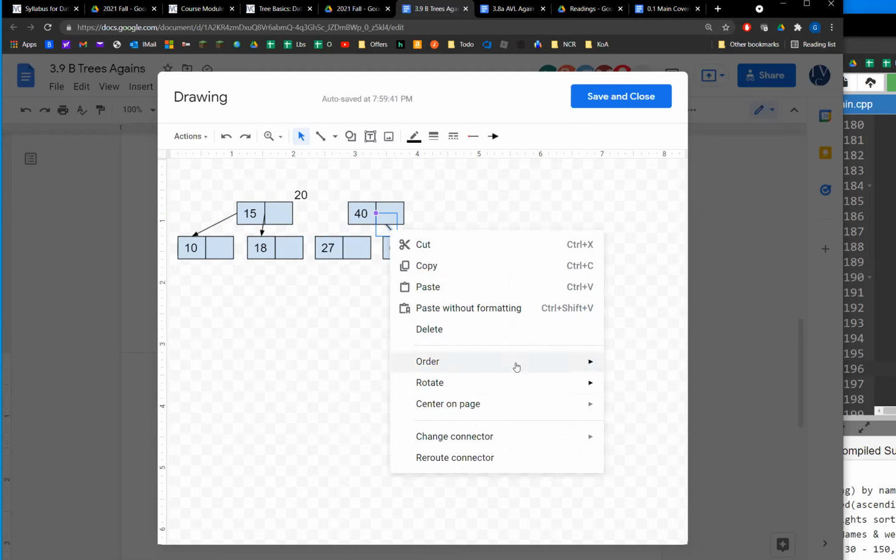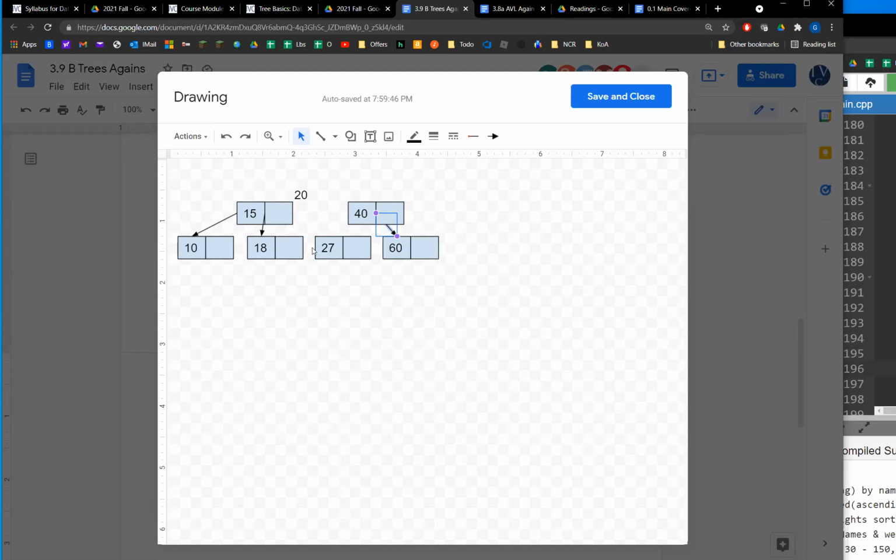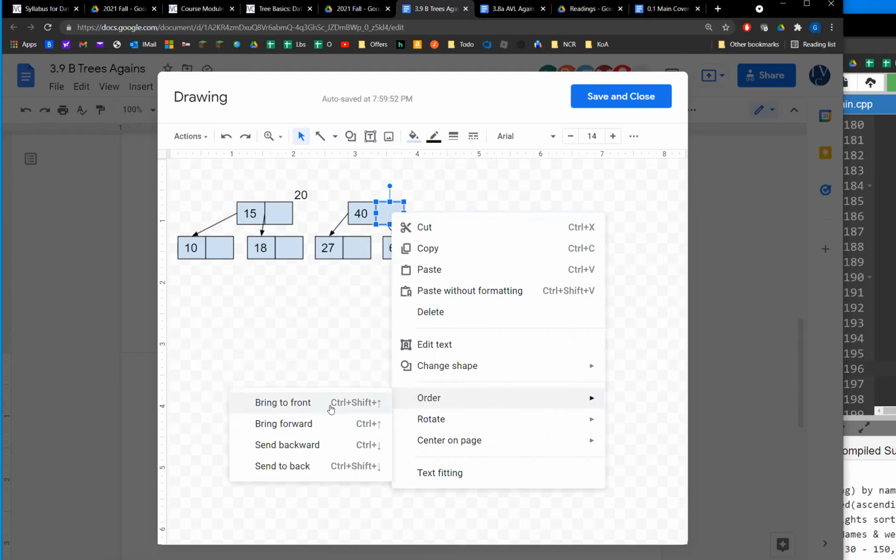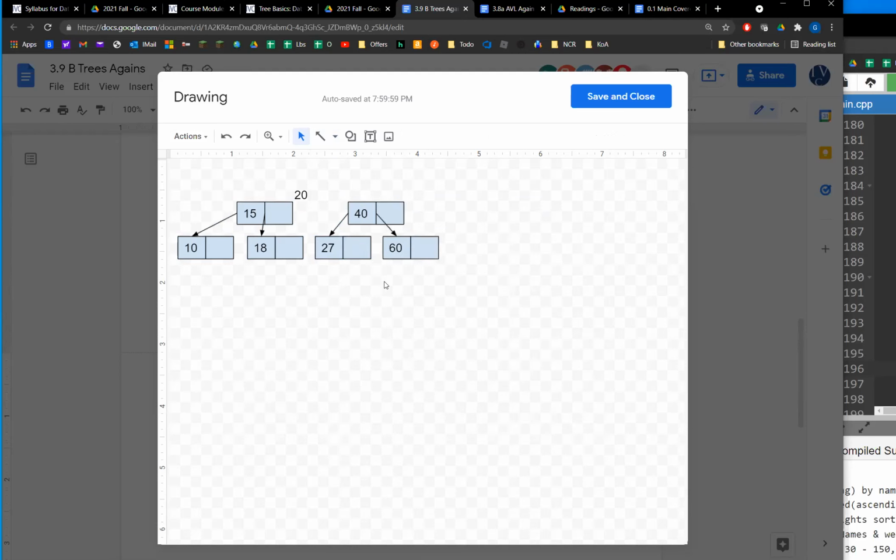And our newly created node, we want to go ahead and link to that. Let's see if I can get these. Right, so if we just look at this little part of our B tree, this is a 2-3 tree. We have 40 in its root, 27 first subtree, and 60 second subtree. Right, so now we have 20